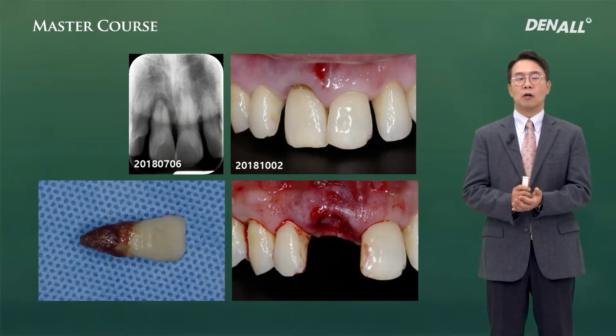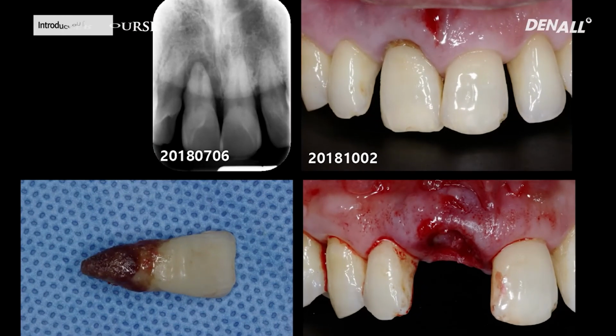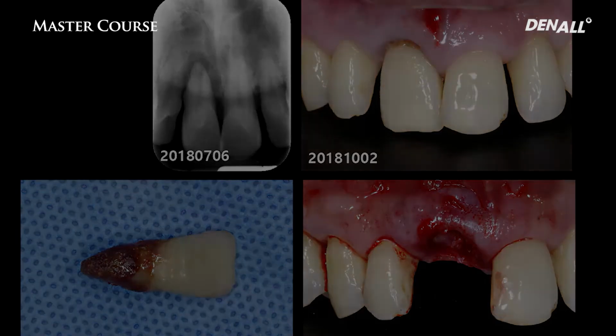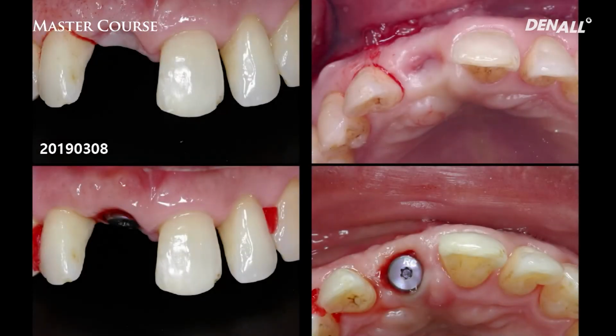Let's look at a clinical case to summarize what has been explained. The patient had a perio disease and came to the clinic. There is a fistula at number 12, and calculus is accumulated, and no bone is expected in the area. Immediate implant placement is chosen, and the bone is grafted. Primary closure is achieved. After sufficient healing,